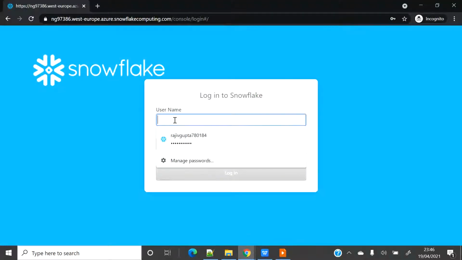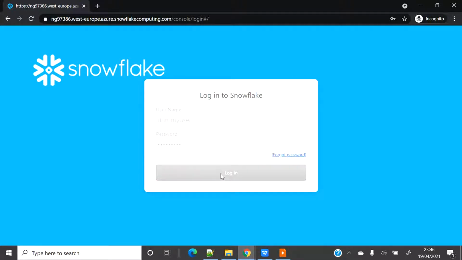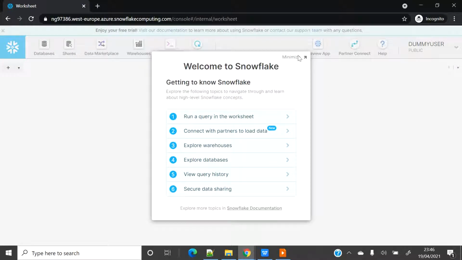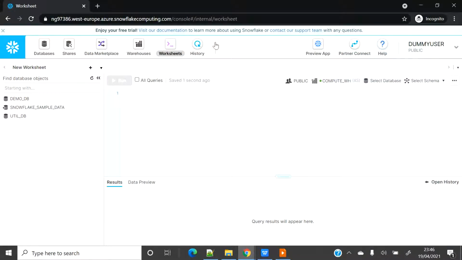Let's go here and connect with the dummy user which I have created. This is just a dummy user. I have not created any security or anything. This is good for my demo. Later on I am going to drop this user and everything just after this demo. So we are good. So you can see here that I can see the compute warehouse, I can see the demo DB, and I can see the MATLAB view as well as the schema.